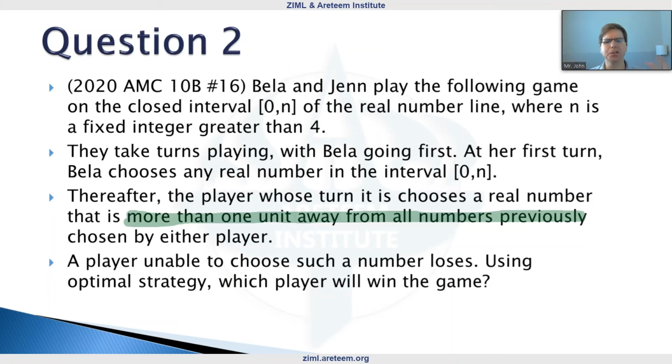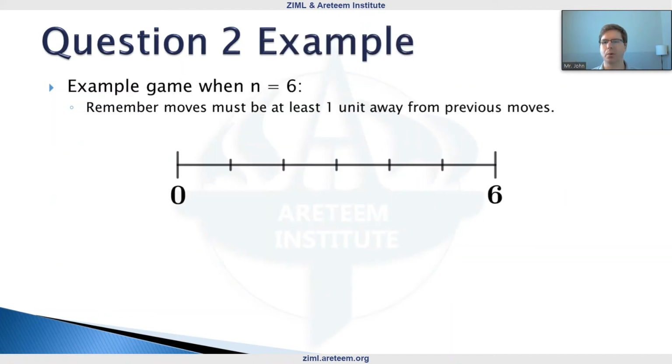And the first person who is stuck, who cannot move at all, will win the game. So the question, again, we can discuss this below or on the ZIML site, is who wins the game? What's the strategy? How does that work in this case? So just to do a quick little example,